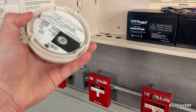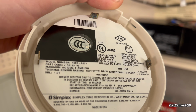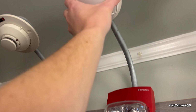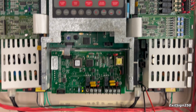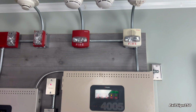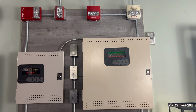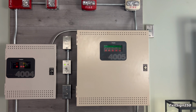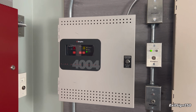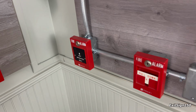Kind of air this out a little bit. The model is 4098-9601, trying to get you to see it. And put this back up, which will clear the trouble. Alright, system reset. And this panel takes a long time to reset also. Okay, it's reset. Let's move on to the 4004 and, actually, let's do the key operated only station because